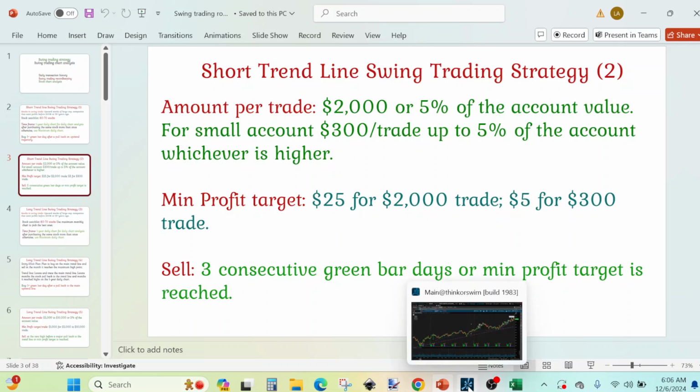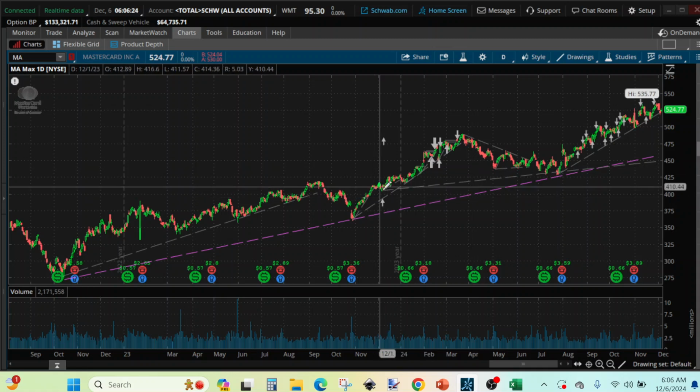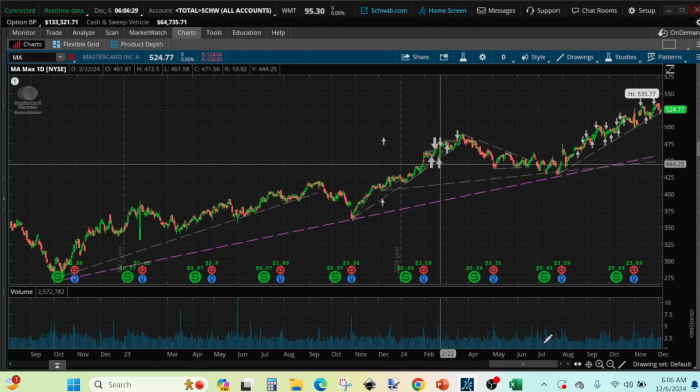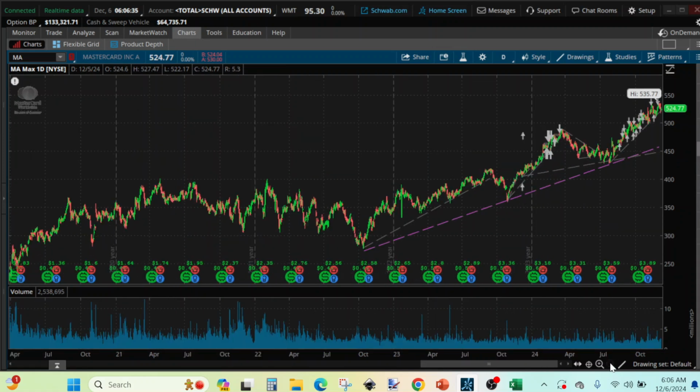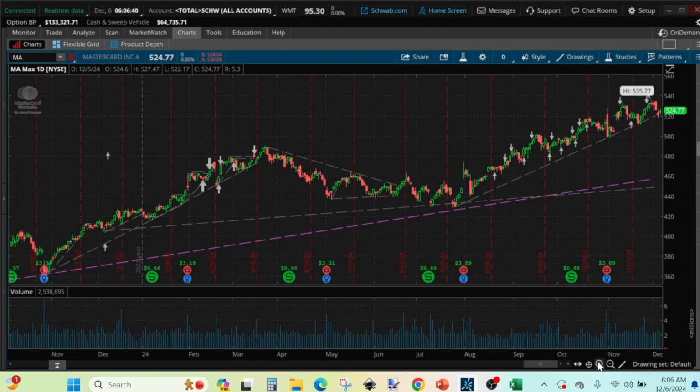But just know that when we practice that during the year, when we buy away from a longer trend line, it could go both ways. It could continue to go up, or it could come down to the trend line, and we might have to hold on to it longer since we do not put a stop loss. But depending on the strategy you are using, just have a plan. But you can see we traded along the trend line, and you know,